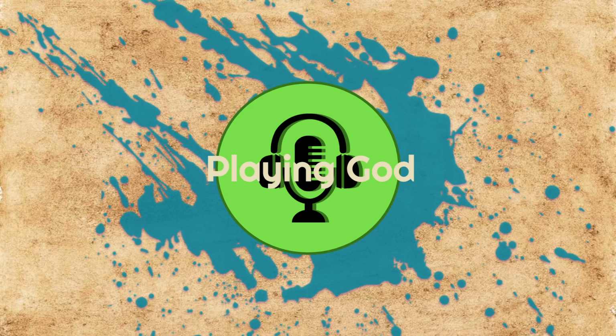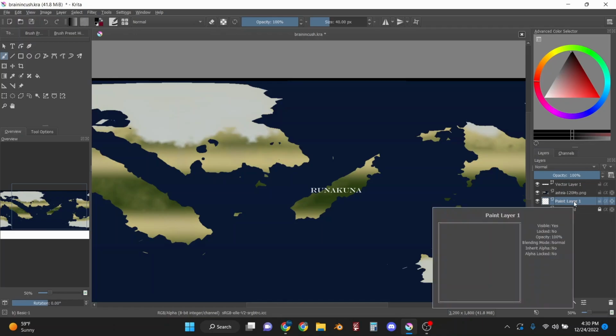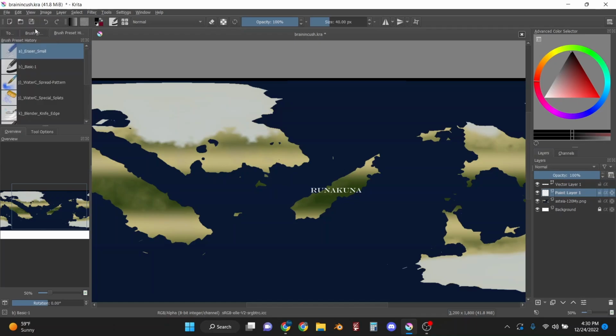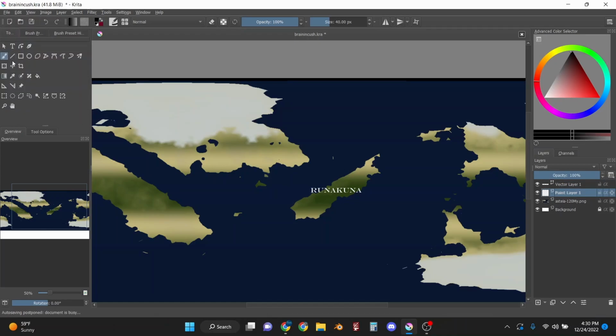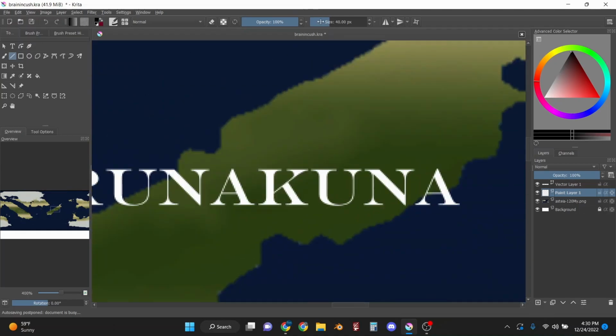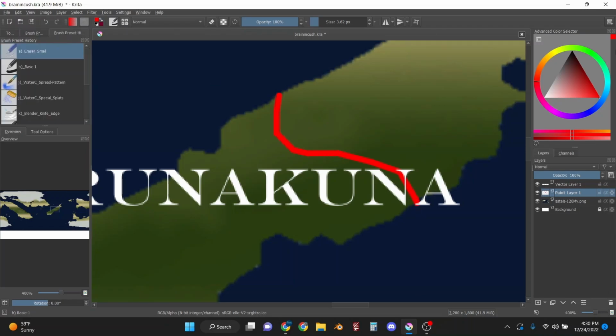And the good thing about Krita is you can have all these as separate layers. Let's say there are a couple different kingdoms on Runakuna. So you could divide the island up, like have this kingdom here, and then...